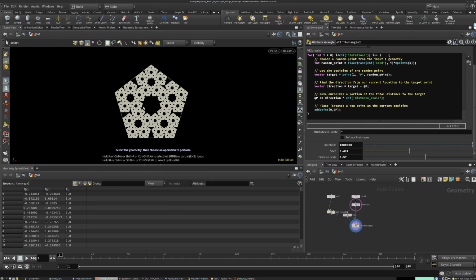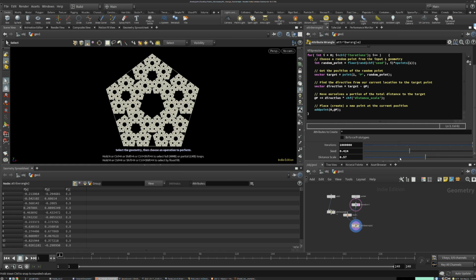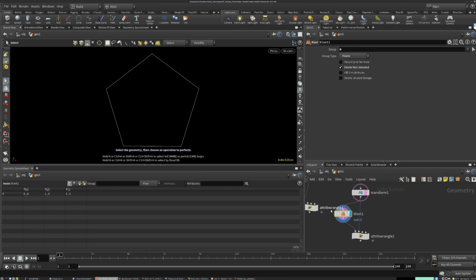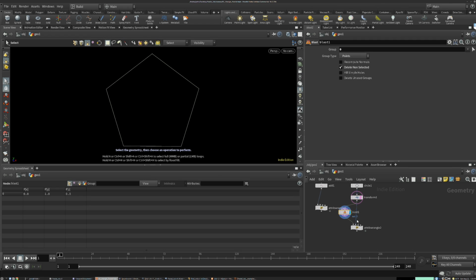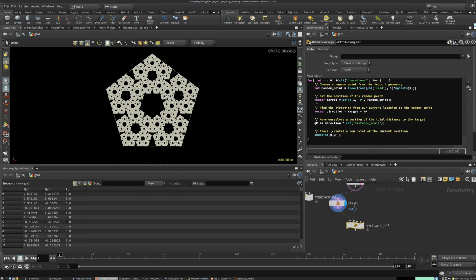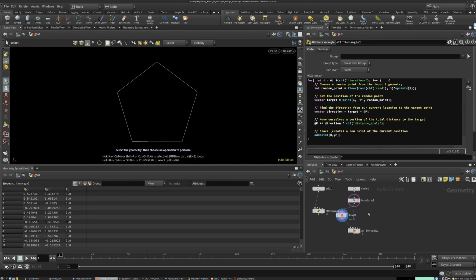And one more thing to consider is if we want to speed this up or optimize things a little bit. Right now we're just feeding in 1 point at a time and then generating 1,000,000 points based off of that input point. So this VEX code multi-threads, but if you just give it a single point, you don't really take complete advantage of the multi-threading because it's just running over a single point. It's just a single thread. It can't really optimize that anymore. But one thing we can do instead of